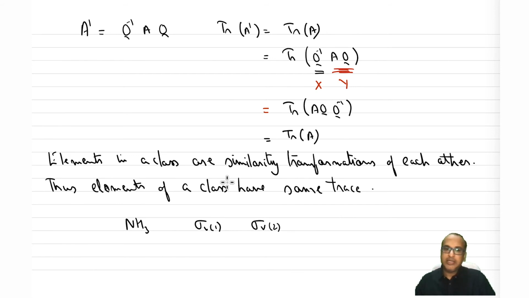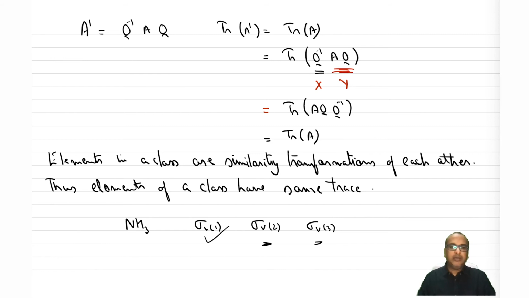So now in this case, because sigma v1, sigma v2 and sigma v3 all belong to the same class, if we have written the matrix representation for sigma v1, we can just take the trace of this, and that trace will be equal to the trace of the matrix for sigma v2 and sigma v3, right? So we don't need to write the matrix representation to find the trace here. We can just take the trace and put it equal to the trace of the matrix for these two. So that makes our calculations very easy. Okay, this is just another way to work around.